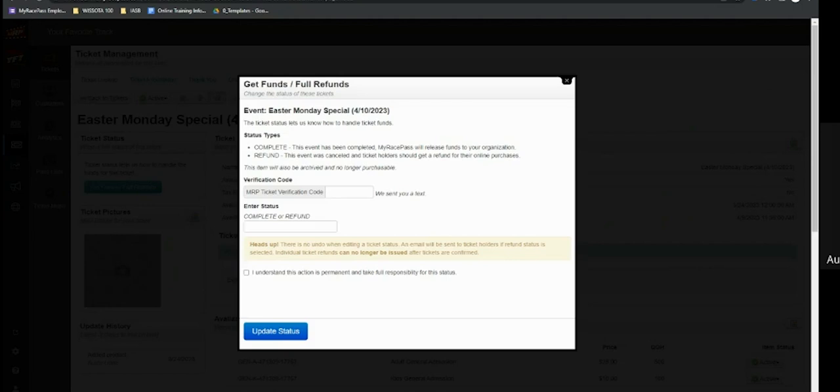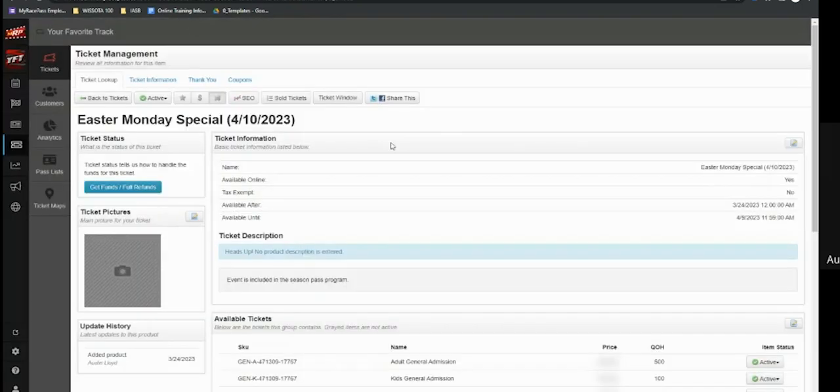If you type refund here, it will refund the tickets to all of your ticket buyers, and we'll handle those mass refunds. So you don't have to do anything to make those refunds happen. We will do that. The way it works for a customer, and I'll show you this here for a customer,